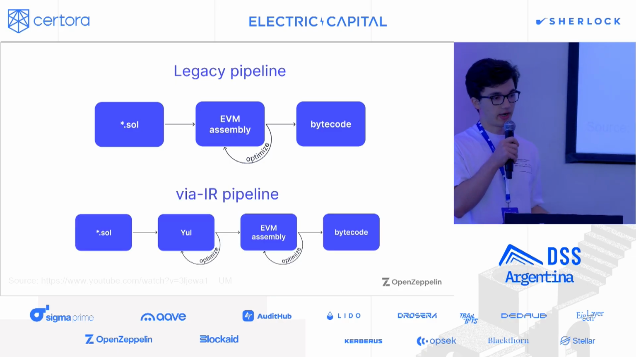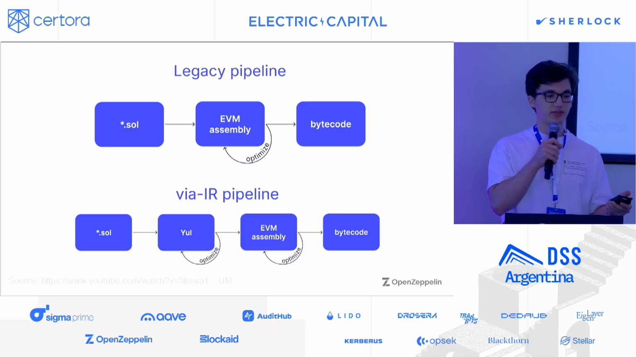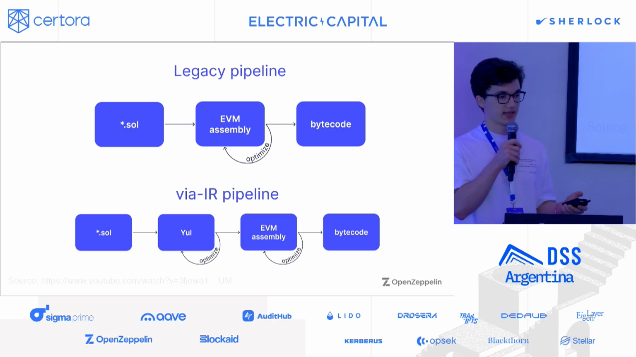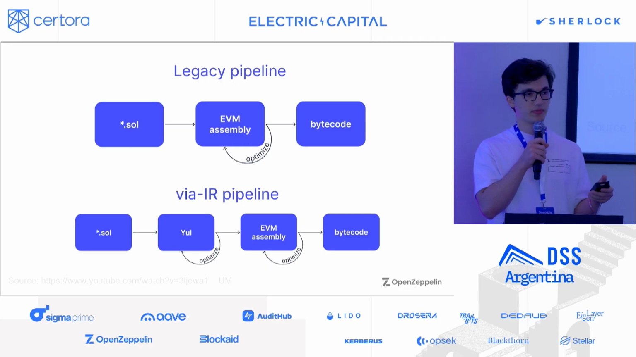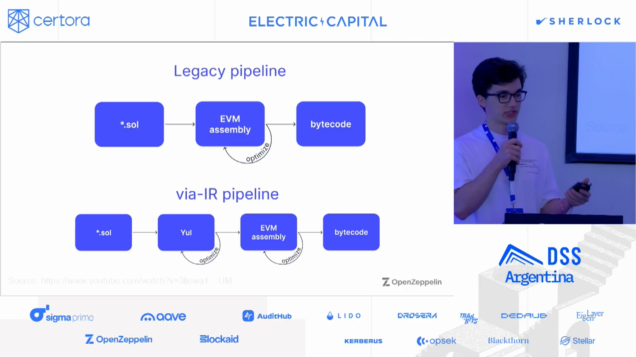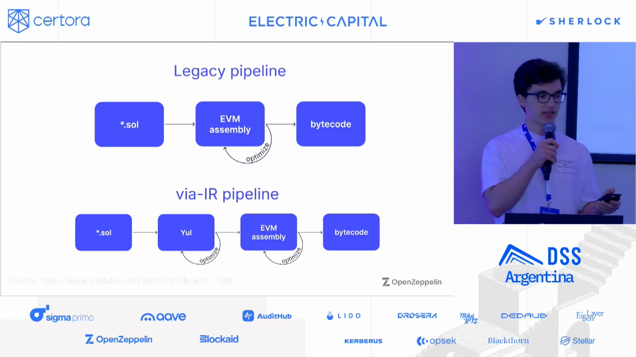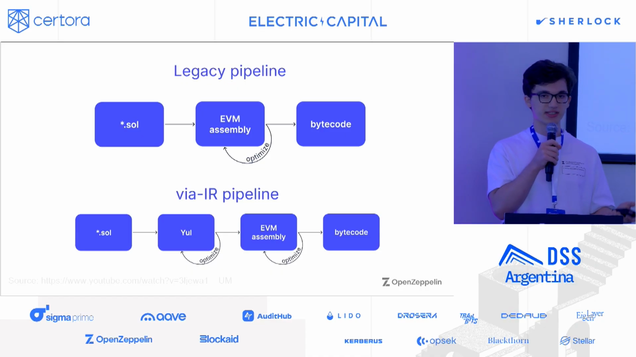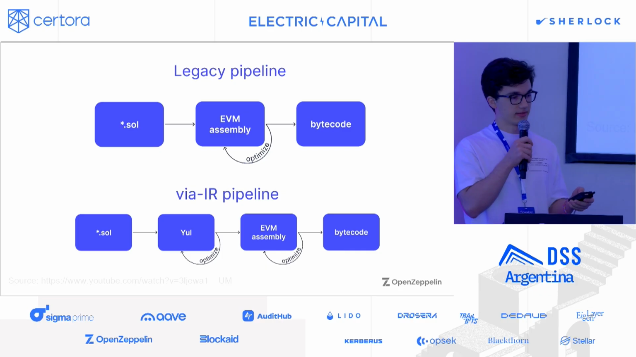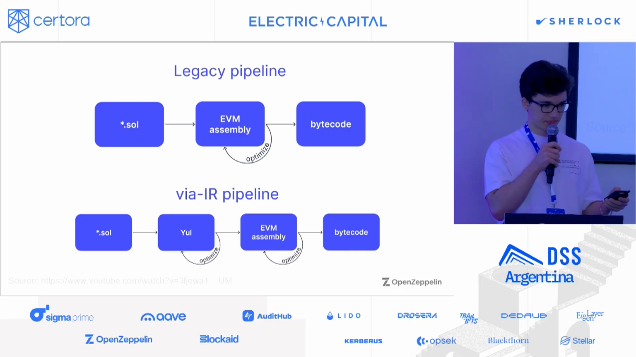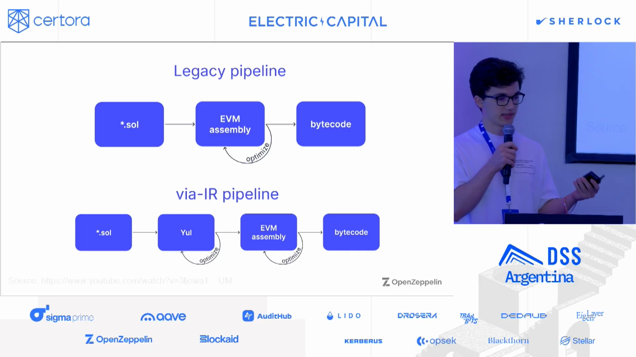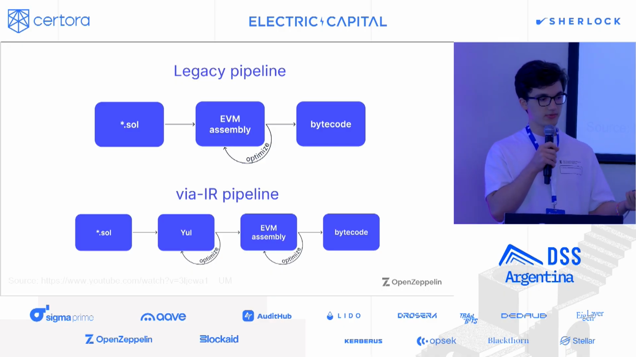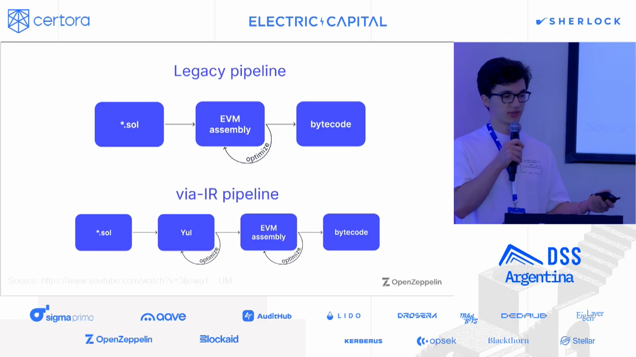In the via-IR pipeline, the first step, instead of generating EVM assembly right away, is that the compiler translates the program into an intermediate representation language called Yul. The optimizer then works on that Yul, and only then is the optimized Yul lowered to EVM assembly. And at that stage, the EVM assembly optimizer is executed on the EVM assembly, followed by the actual transformation to